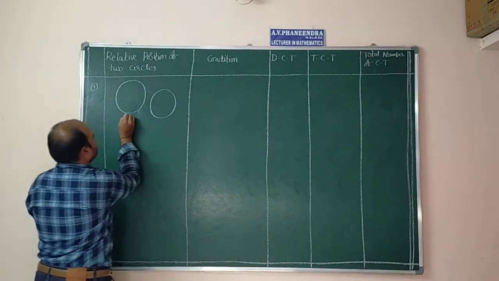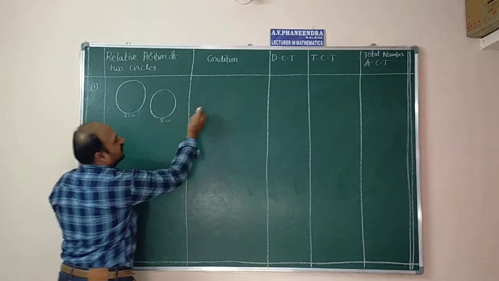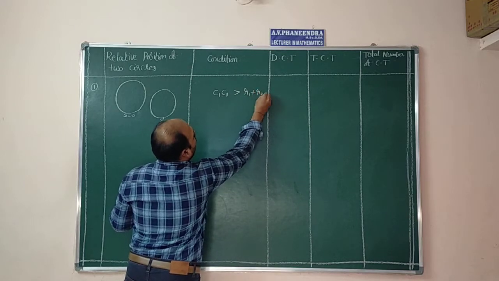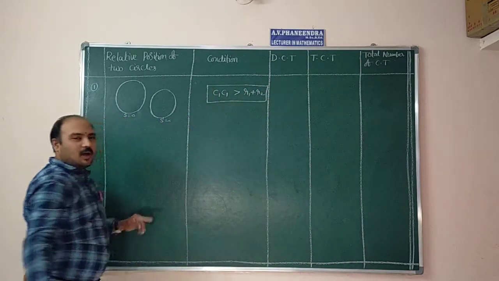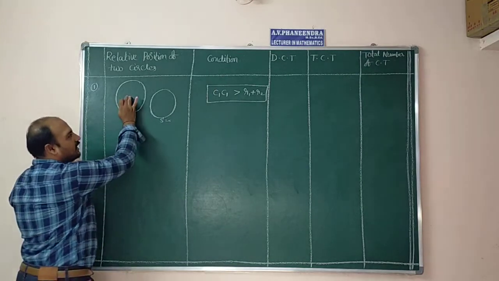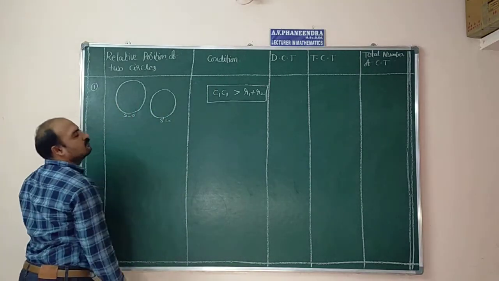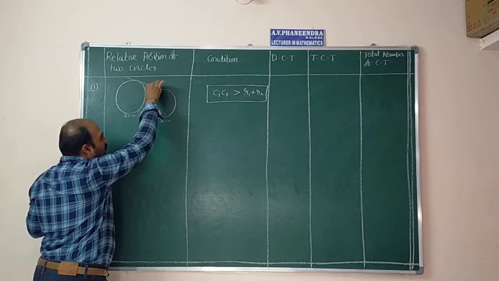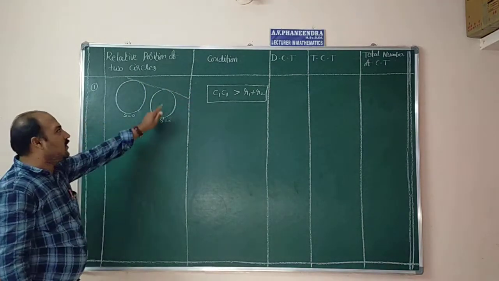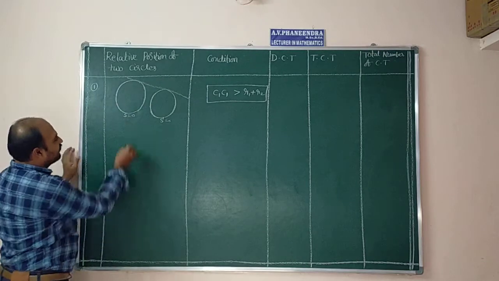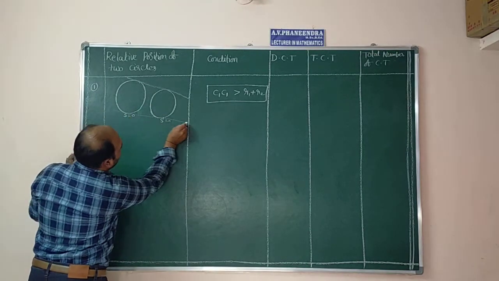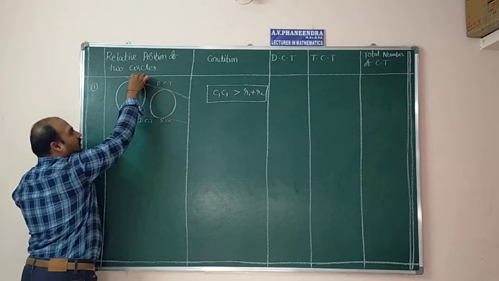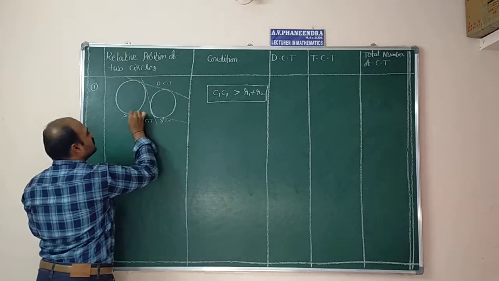In this case, the condition is C1 C2 is greater than R1 plus R2. Observe the diagram. One circle is away from the other circle, they do not intersect. How many direct common tangents are possible? One direct common tangent. Why? Because for this tangent, both are on the same side. If we draw like this, here DCT, here also DCT. Like this also we can draw. Like this also we can draw.